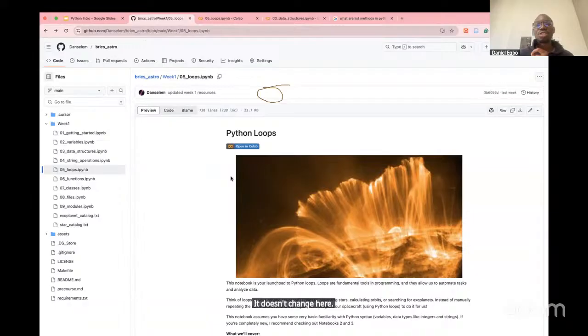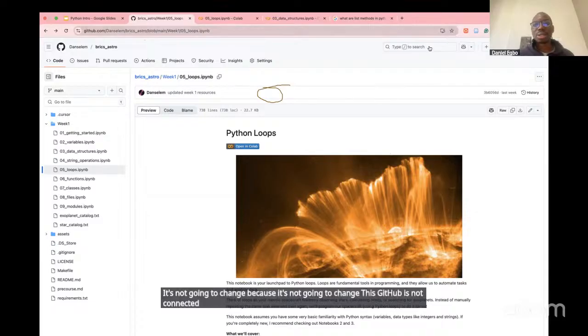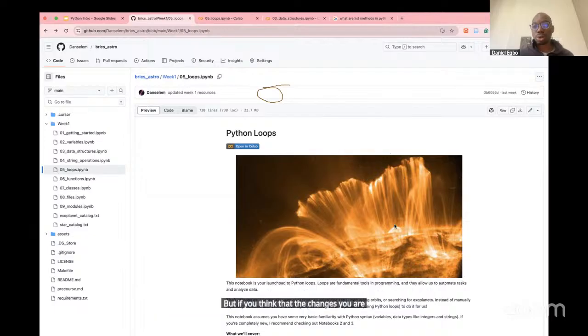It doesn't change, neither for you nor for myself. It's not going to change because this GitHub is not connected to that cloud interface. So any changes you make are not going to be applicable here. But if you think the changes you are making will be very useful for you,